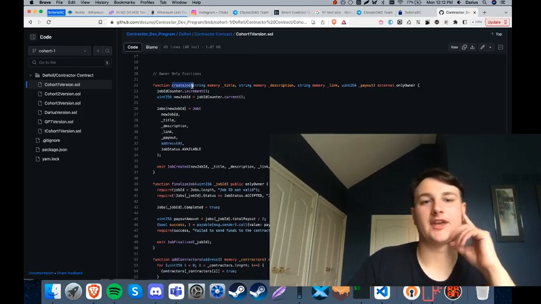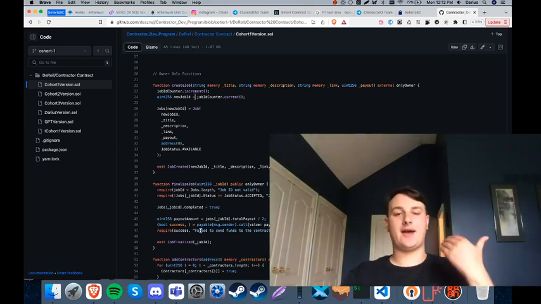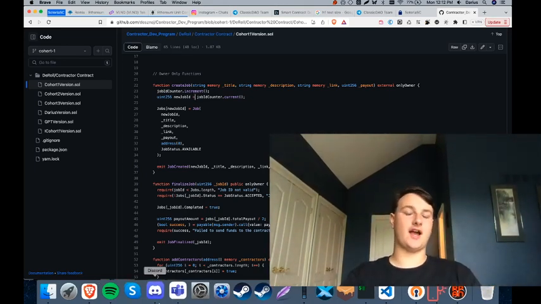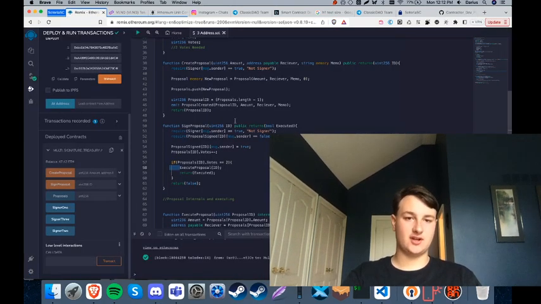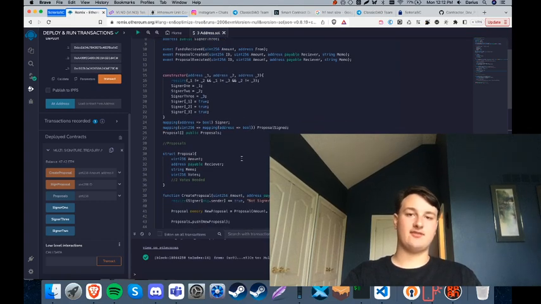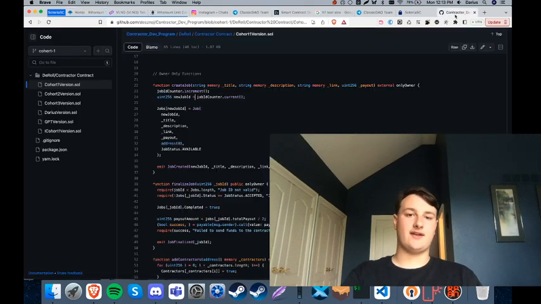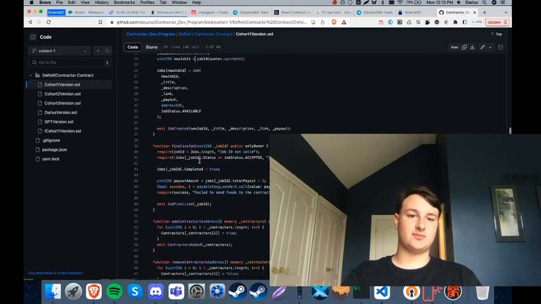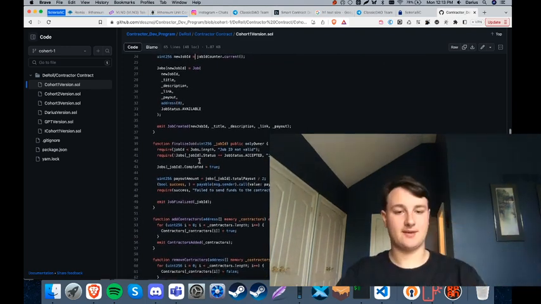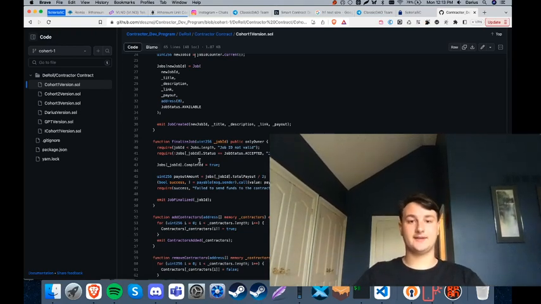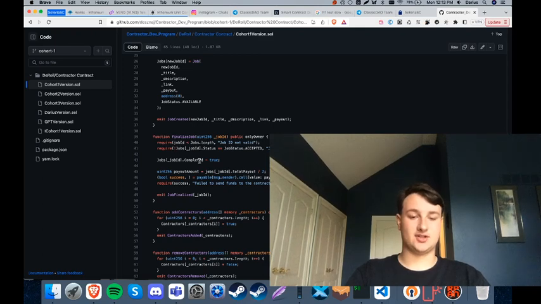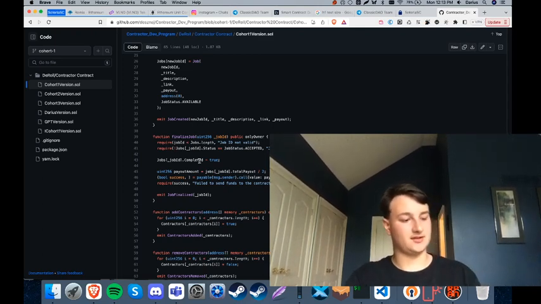The other thing is camel case. Actually, you know what? We're going to be very specific here. I don't want to use camel case. I want to use capital case. That means that every function and every name of the contract is always capitalized. You capitalize every single word from the start. That way every word is very clear. I think that camel case just looks stupid. There's no reason to use camel case. I know it's not the industry standard, but at this point it makes no difference, and this is just how we like it done. So if you have any problem with that, you can go and work for someone else.